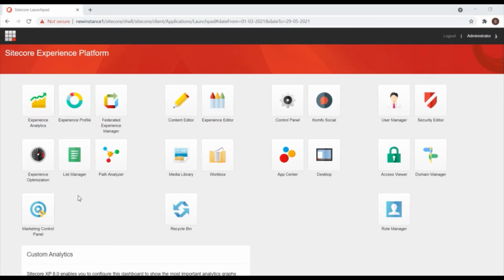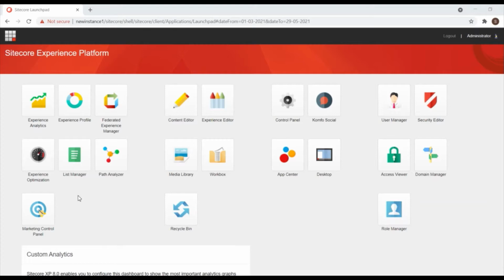In this video, I will show you a demo of experience optimization, how to use it to do page testing, that is A/B testing. So page A, page B. I want to test which page visitors visit the most and its engagement value, and which page visitors are more likely to use, so that I can decide whether to put page A instead of page B based on the analysis provided by the experience optimization tool. I will also cover component testing. Now let us go into the experience optimization menu.